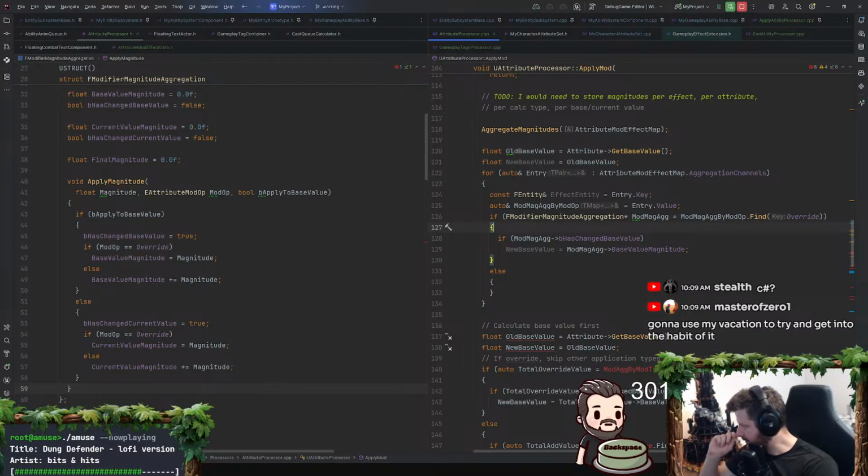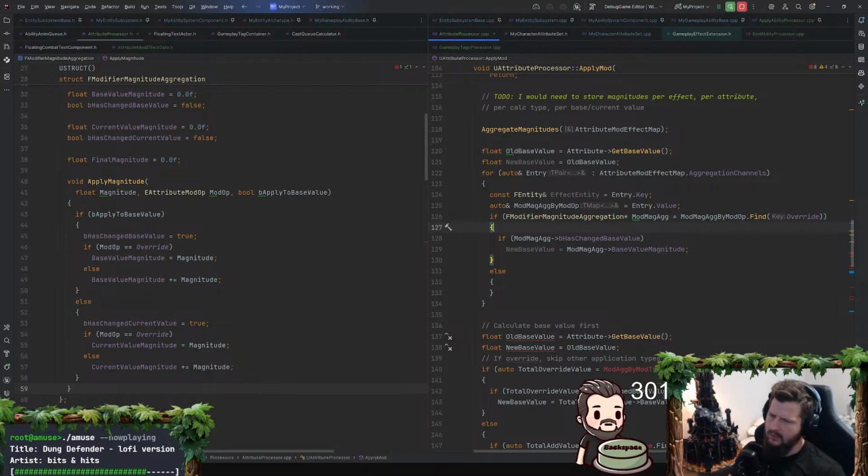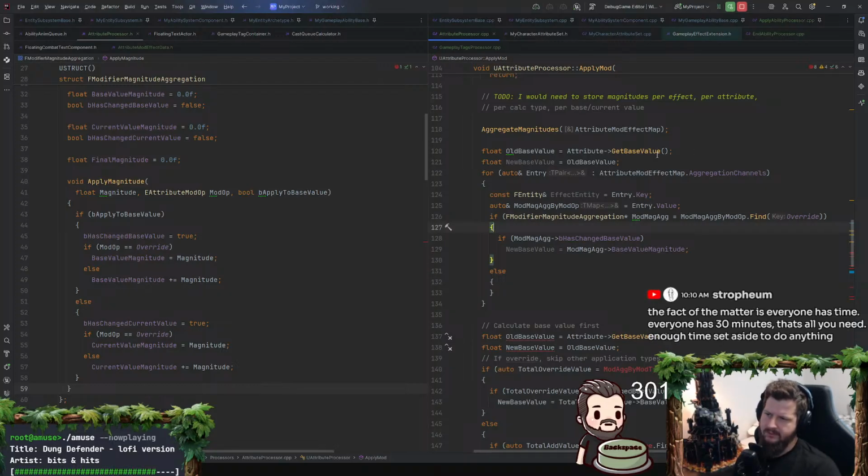How do I want to do this? New base value is no, I don't think that's what I should be doing there.